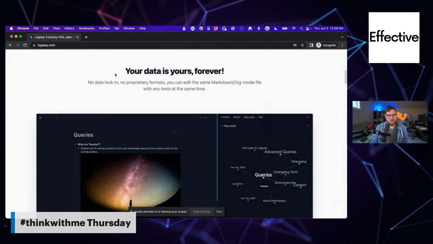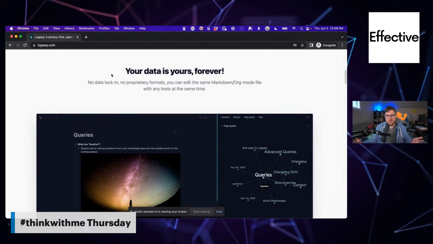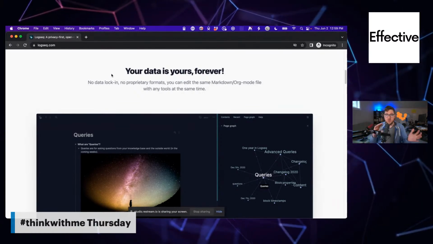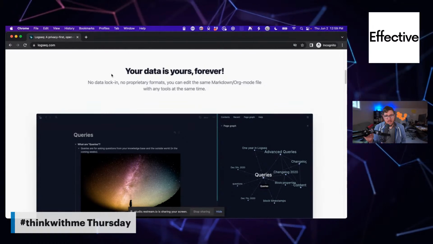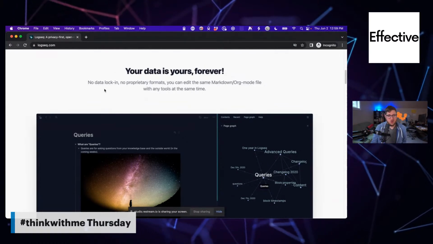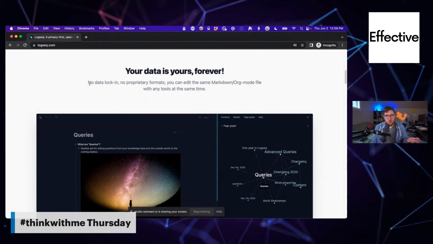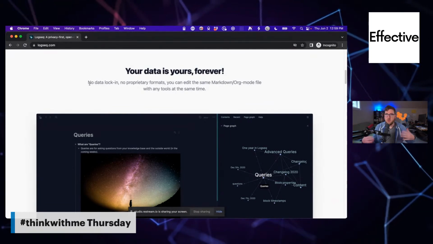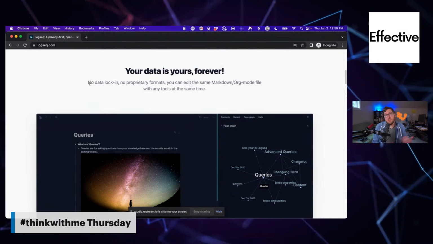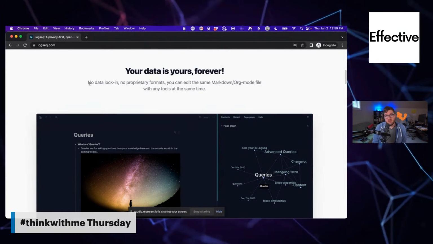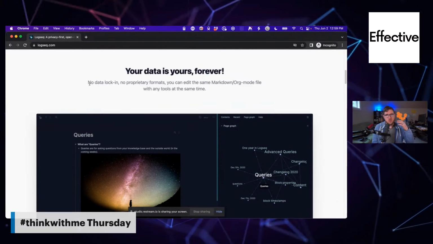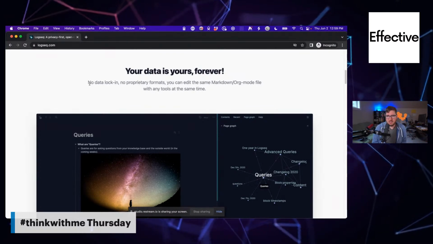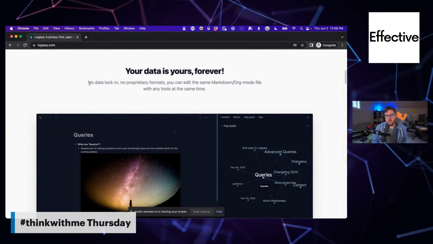All right. So the other thing that I really am interested in with Logseq compared to Obsidian, I know you can use the two of them together, but I really like the idea that Logseq is fully open source. So Obsidian obviously is not fully open source. The developers have said they're not going to make it open source, which I think their reasoning for that makes sense. It can be really difficult to monetize a consumer open source product, and Obsidian has handled that quite well. I think they've made it sustainable.